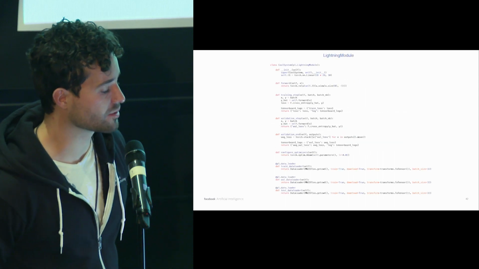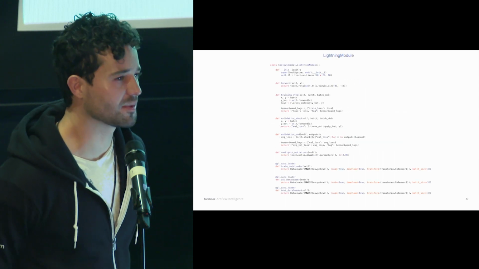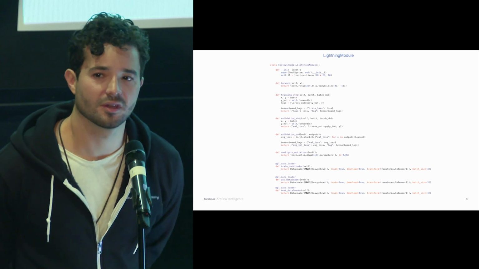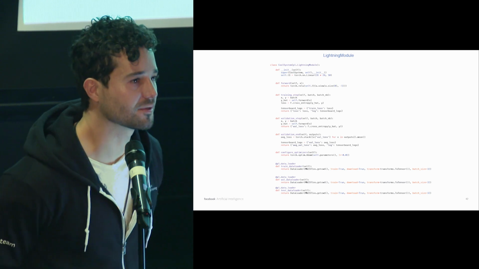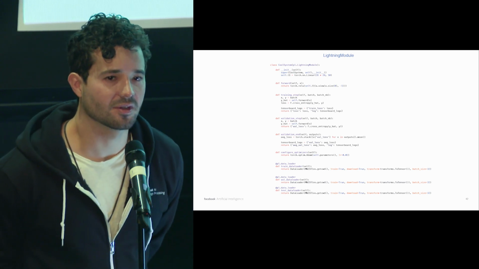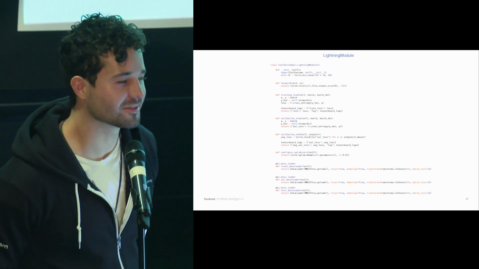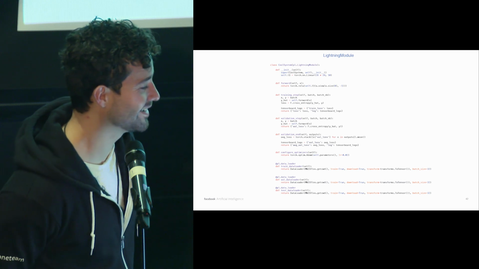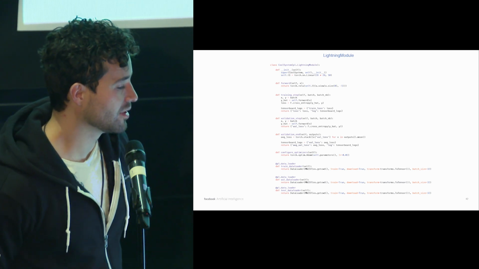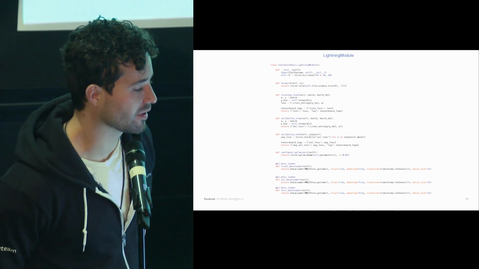So this is a Lightning module. You can think about this like a PyTorch module. How many people use PyTorch? Just raise your hands. Oh, wow. How many people use TensorFlow? How many people have not built any deep learning anything? All right, good. You guys can try this then. So here, this is just a classifier for ImageNet.